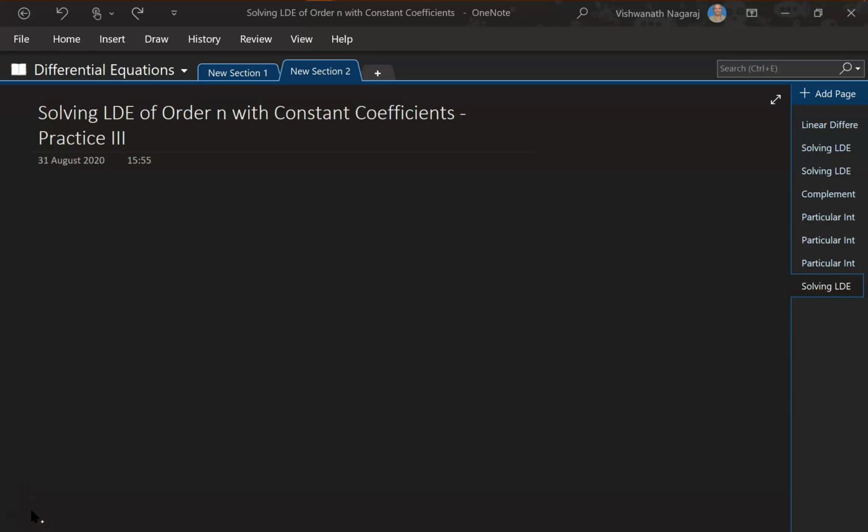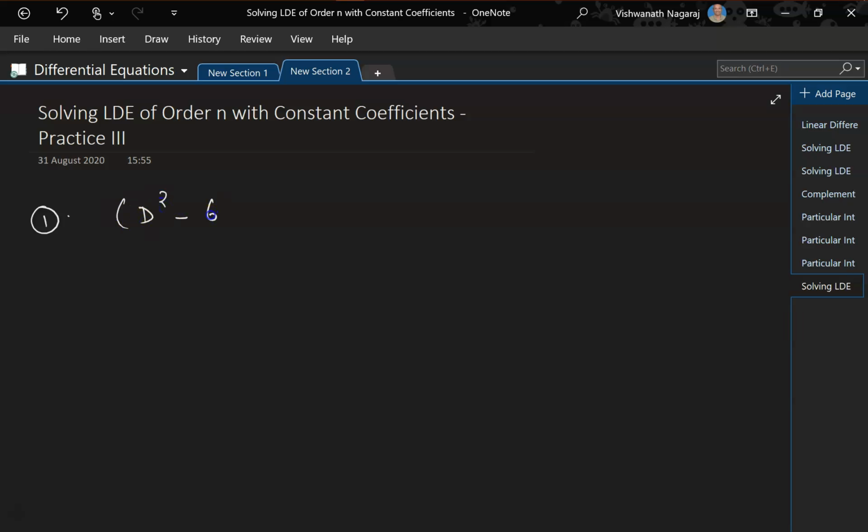Let's solve some more problems. Okay, so let's say we have (D² − 6D + 9)y = e^(3x)(x² + 7x + 5). Okay, straightforward. Let's look at the